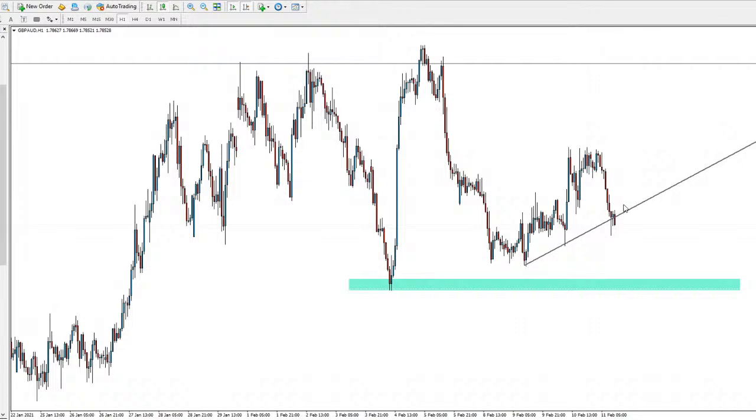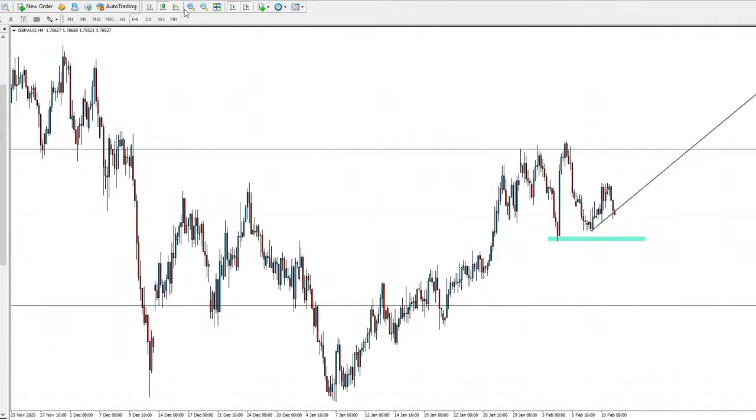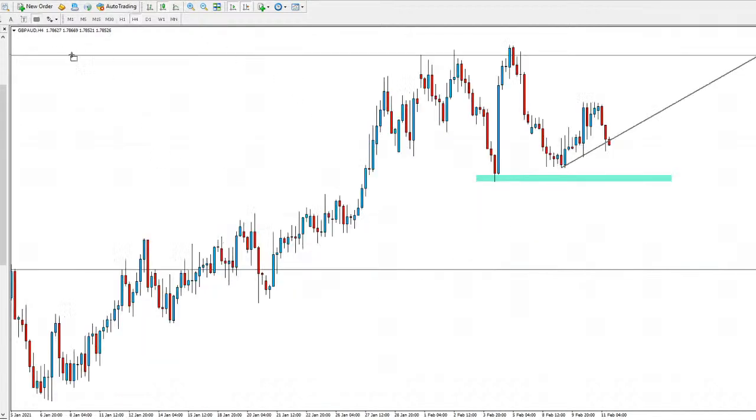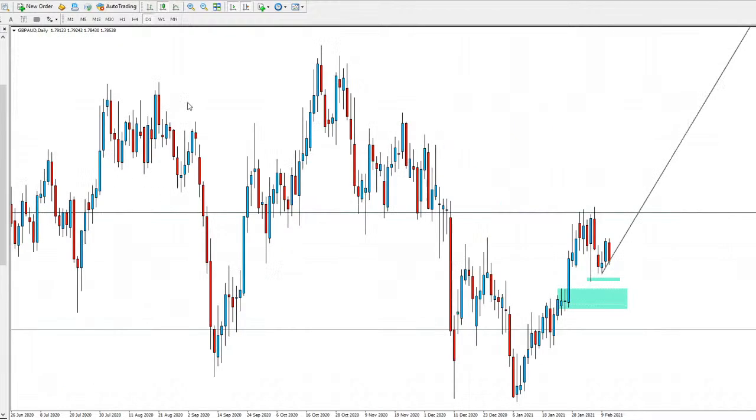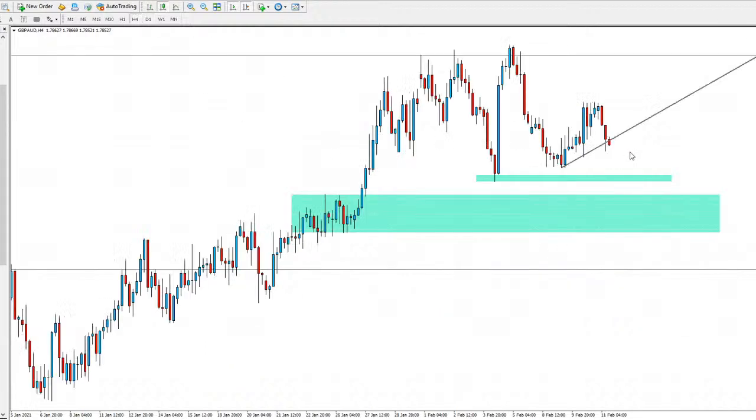So for GBP, looking very bearish, I do think we're probably on our way to come and test this support area here, probably even break through it, maybe even come back to test this area here in the market potentially. I could easily see price come back to this area, because again, if I jump to the daily, you can see this is where we had our big push to the upside from. So really strong area of support, so you can see price tap into that level there. But for now, looking bearish, probably expecting price to continue and come and test the support here, or maybe even break through it potentially. But GBP is looking quite bearish there on the 4-hourly chart, and probably expecting to see price continue.